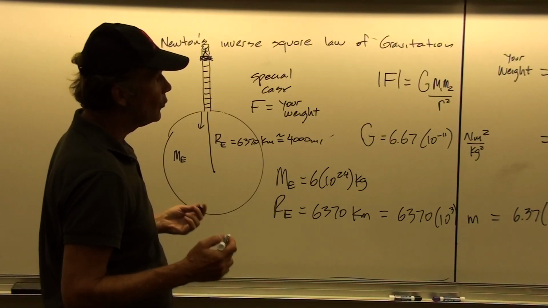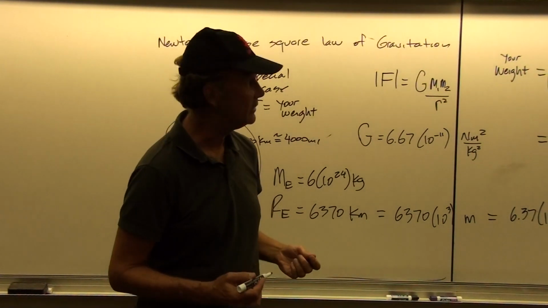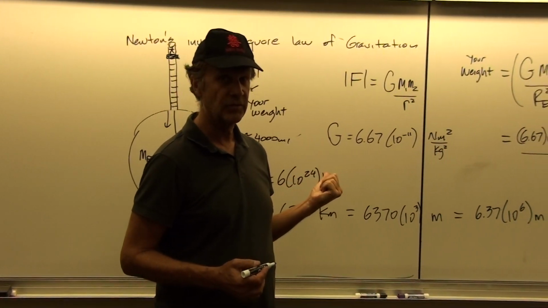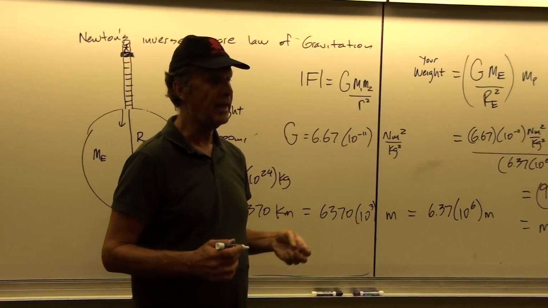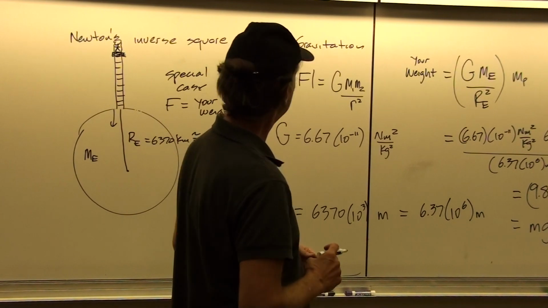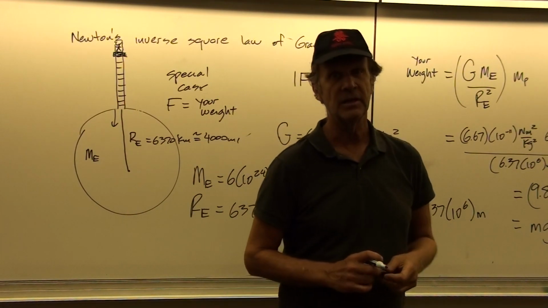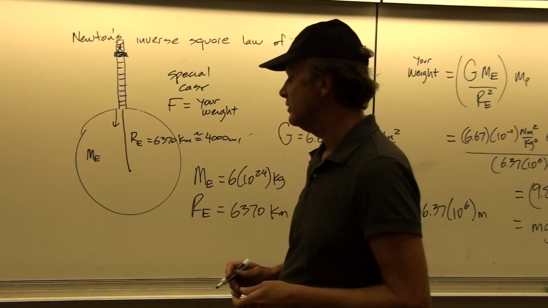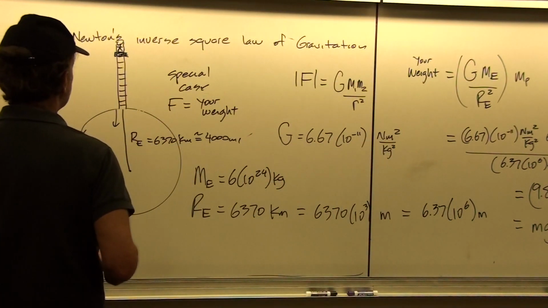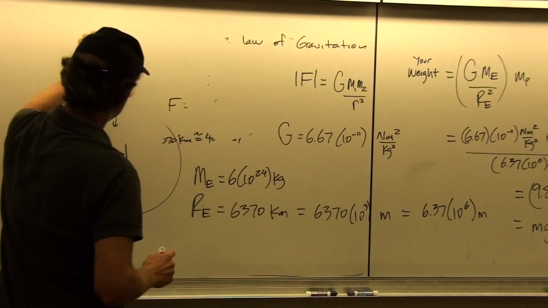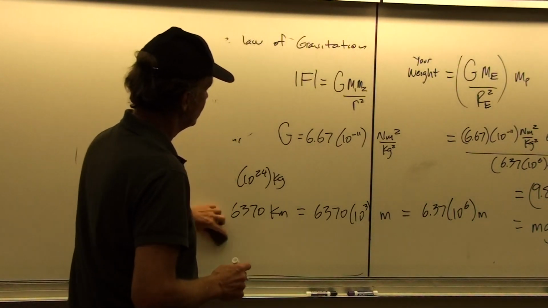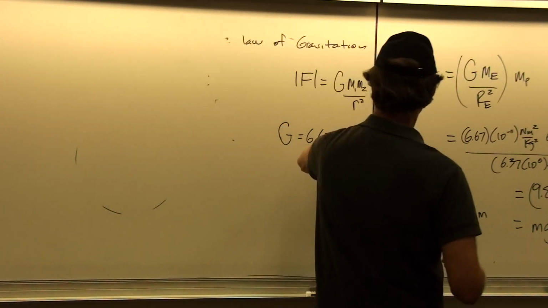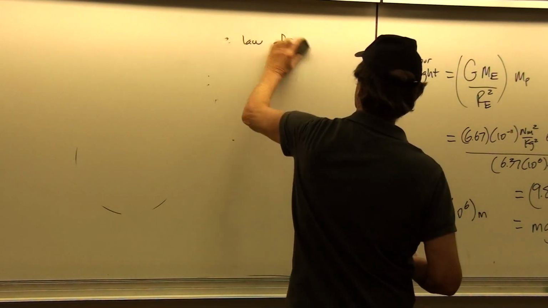So that's the way that the gravity force works in terms of the inverse square law. And we'll do more with that when we get into more detail with chapter 13 in a later section. The part of chapter 13 that I'm interested in you being able to work with is the part that just deals with uniform circular motion, because that's what we're doing right now. And gravity is one example of that.